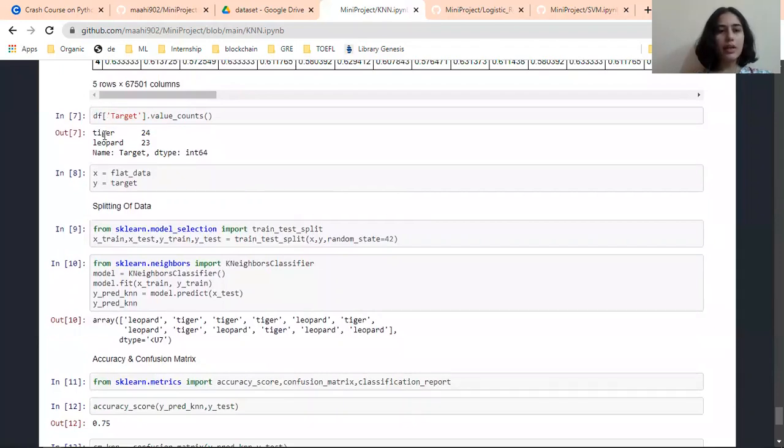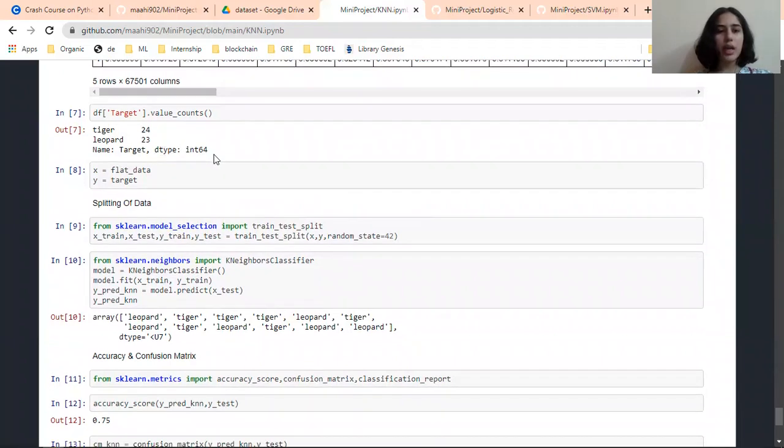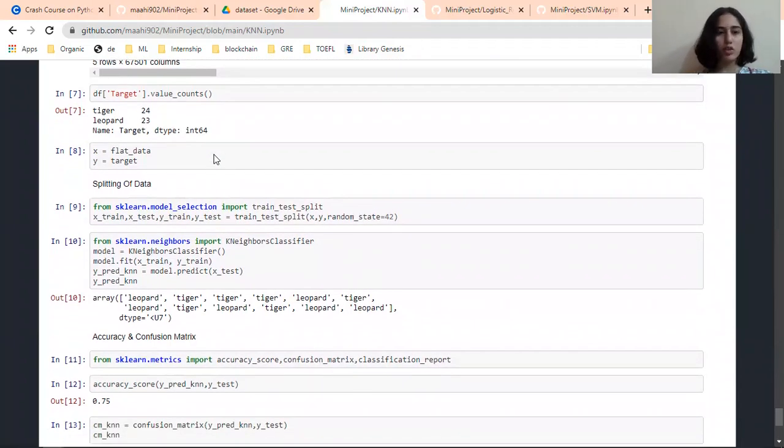So at the target, we can see that tiger images are 24 and leopard is 23, and dtype will show the integer type, like in what format it is stored.